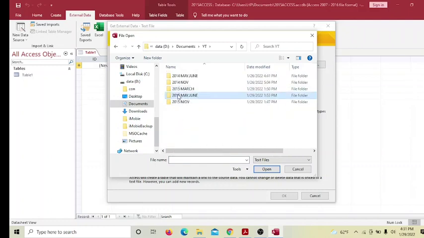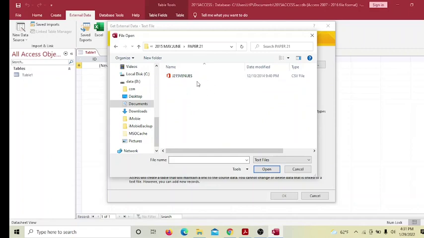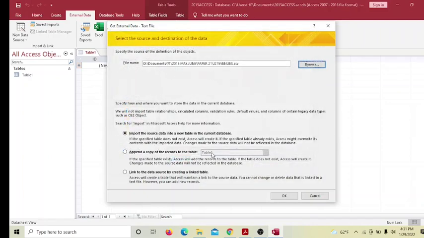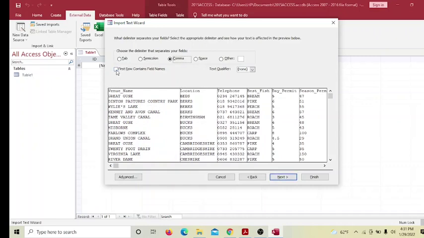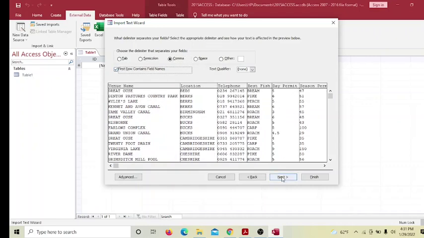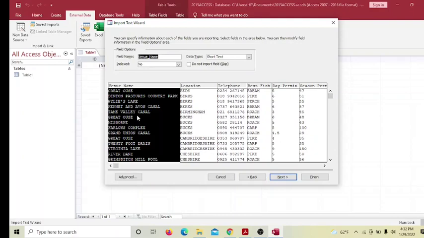This one is May/June 2015 paper 2-1. Yes, this one. Open. Fine. Okay. Yes, you should get the data this way into this wizard. Next, first row contains field names. Next, when you get this dialog, we have to click